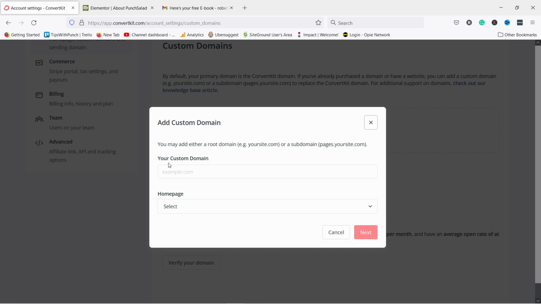If you don't have a domain name yet, you need to buy it before you can connect to ConvertKit. I will take you through step by step how to get a domain name in the video that will appear in the top right corner right now. Just click there and it takes about 10 to 15 minutes to set up your custom domain. So we're just gonna type in the domain. In my case, it will be